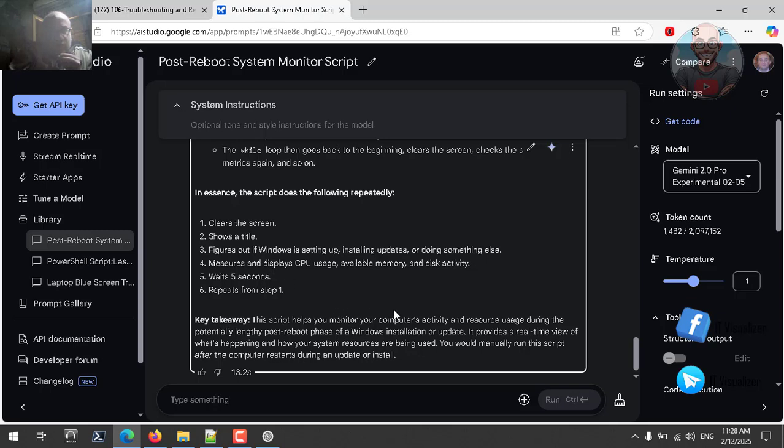Okay, the script helps you to monitor your computer activity and resource usage during the potentially lengthy post-reboot phase of Windows installation or update. It provides a real-time view of what's happening and how your system resources are being used. Okay, so that's correct. If we go to